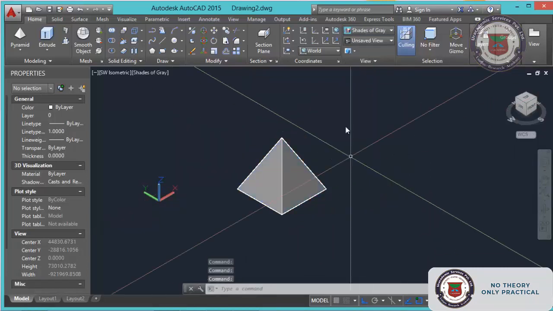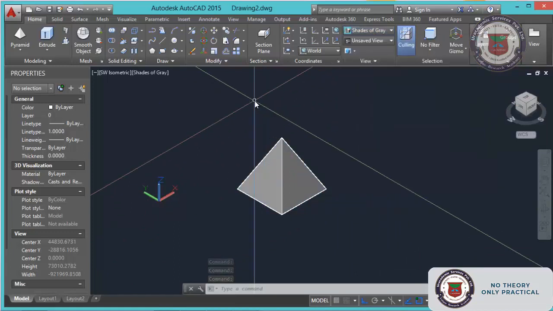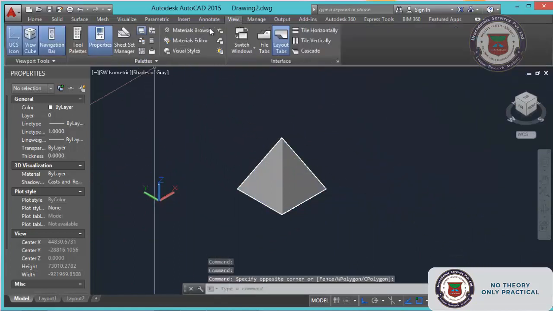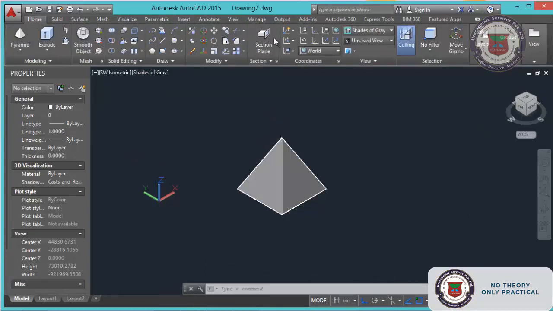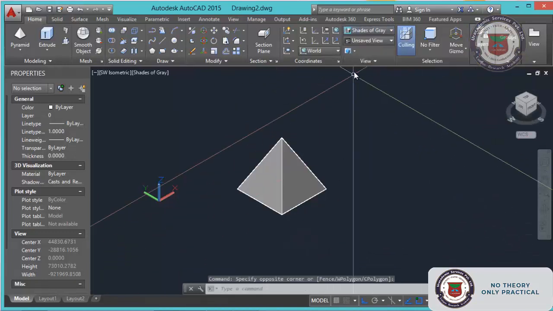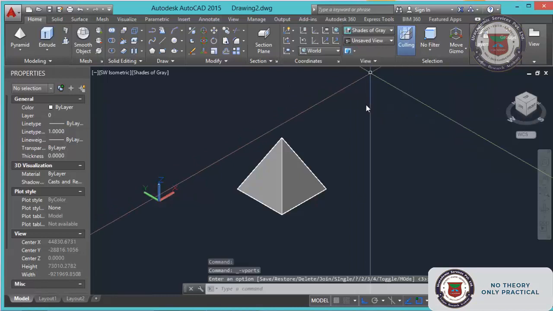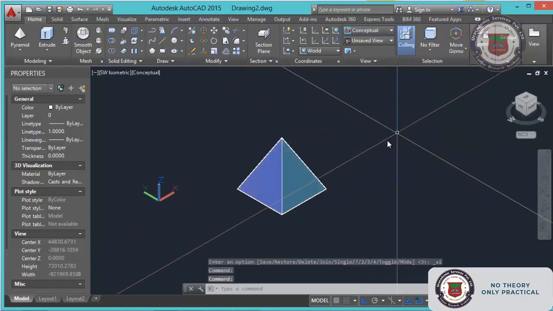Shade view, or any stylish view you want, you can go to the view. You can do it in this way. There are a lot of views, you can select it.